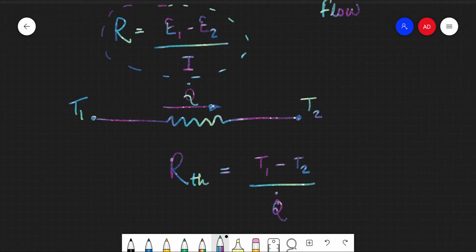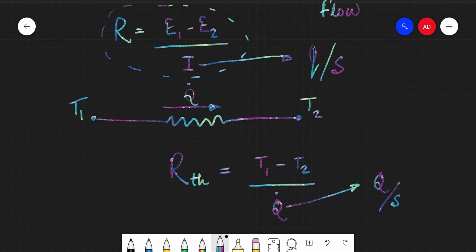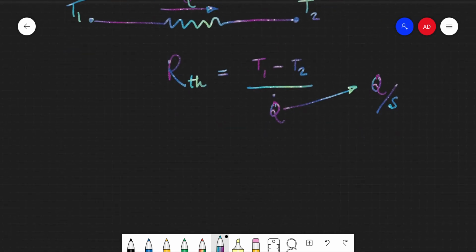And here also you can draw a further analogy, in that current is nothing but the flow of charge, right? So sorry, just to avoid confusion, let's go with small q. So charge per unit time, right? And here also we know that it's nothing but the total heat flowing per unit time, and that is what makes the analogy stronger. So the bottom line is that the thermal resistance can be defined as the temperature difference divided by the heat flow, right? The potential, this is the potential and this is the flow.